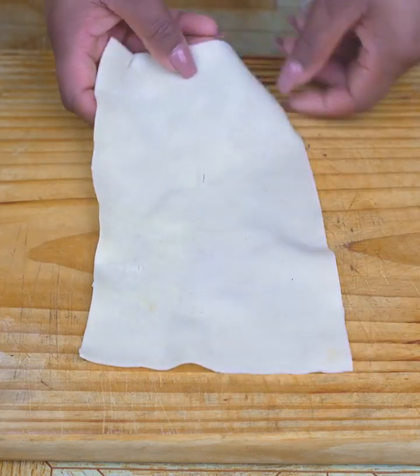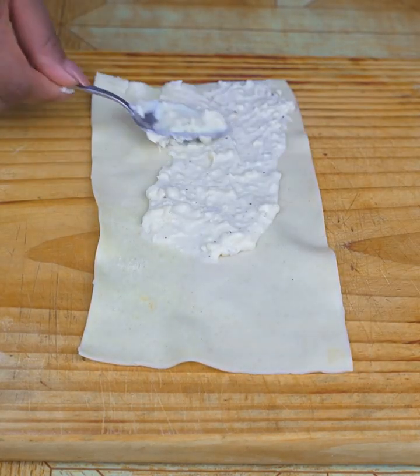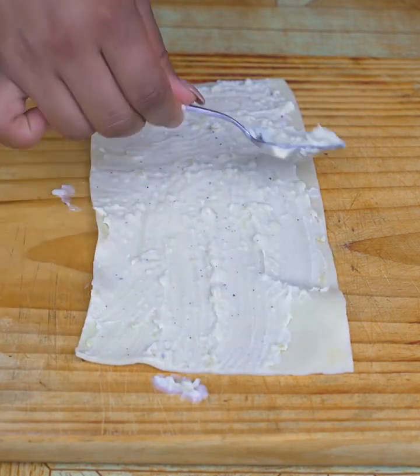Now I will place a sheet of lasagna on top of a kitchen board, and I'll spread some of the bechamel sauce I had in store. Then I will add a little of the ground beef, and then I'm going to roll it up, just like